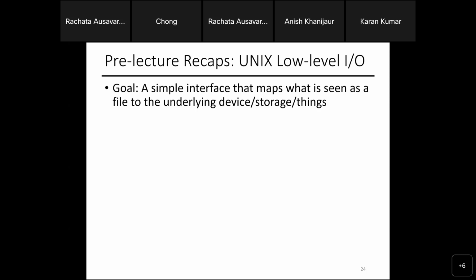The reason why I said thing is because that can be many other things, like a network interface card. It can be like reading from your IoT device that comes as an input. It can be your disk, which is your storage, and other devices like a printer, right? That's why we classify this as IO.